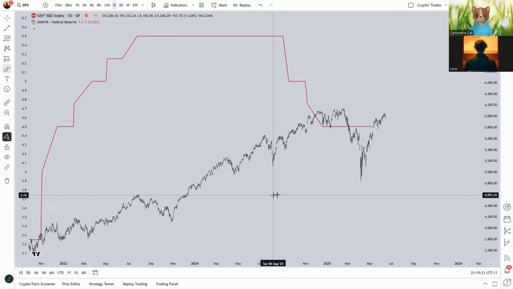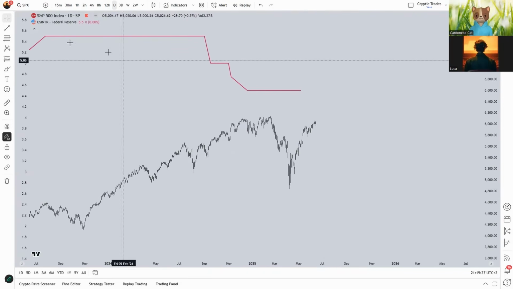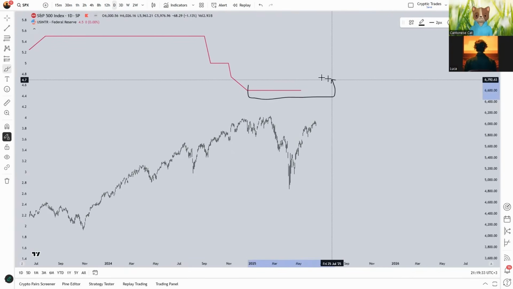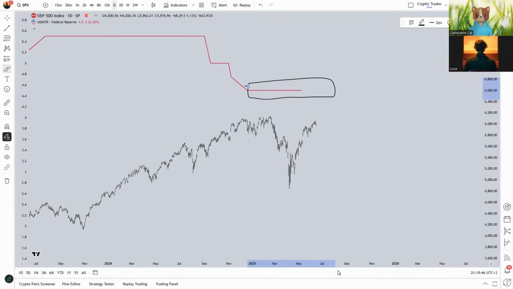And the way I see this now, moving on from here, and I would like to hear your thoughts on this as well, is I believe we're going to see a very similar period to the one we've seen all throughout 2023 and all throughout 2024, where the Fed will keep holding their interest rates at the same levels as the CME Fed Watch tool currently shows us. The upcoming rate cut is being priced in September. So that gives us a nice 3 months before we'll see any intervention from the Fed.